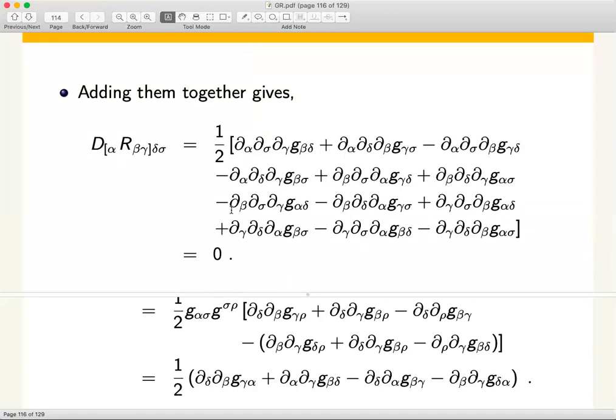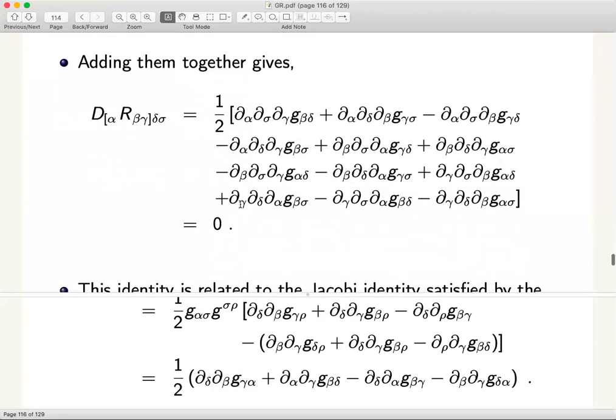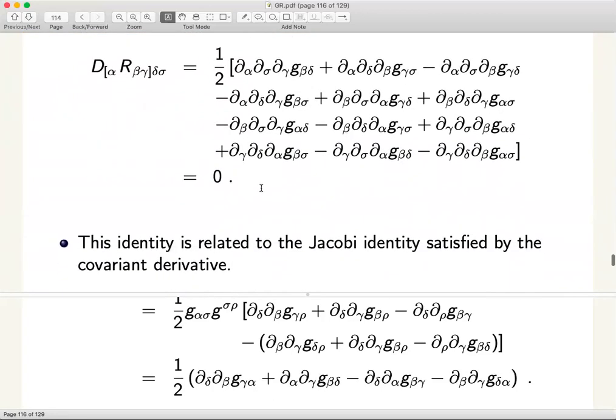So what we have done is prove the differential Bianchi identity in a suitable frame in which this computation can be done easily. Given that the statement is a statement about a tensor, the covariant derivative of the Riemann tensor, this statement is true in every coordinate system. So that's the proof of the Bianchi identity in an arbitrary coordinate system.